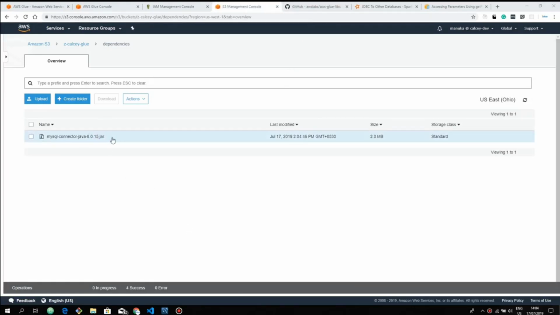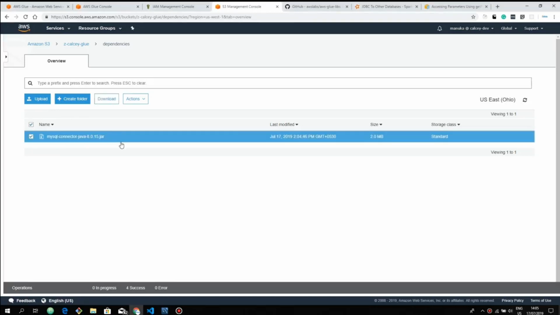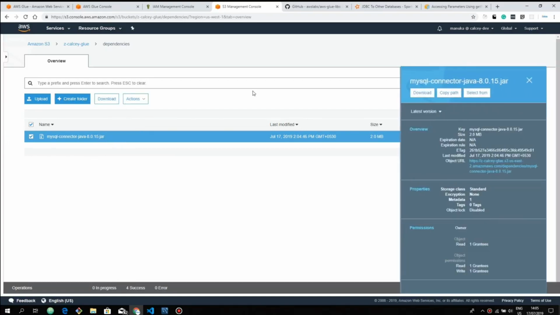Upload is completed. So what I am going to do is provide this Java lib file as a dependency for my script. So I'll copy the path, heading back to the AWS Glue console,